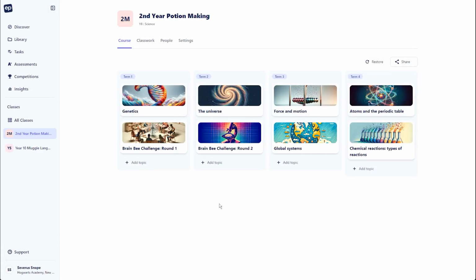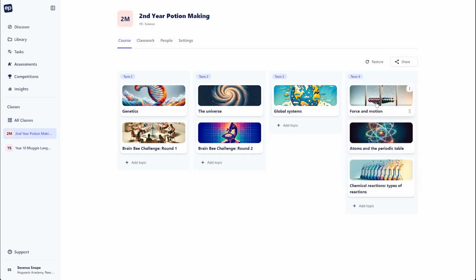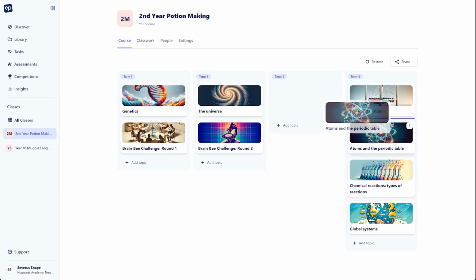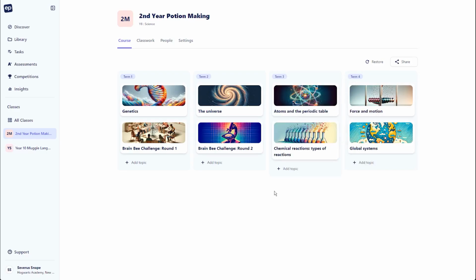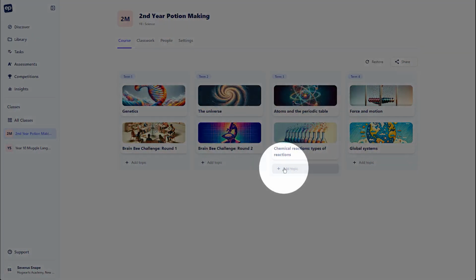With my course fully set up, I can also move these learning pathways around by clicking and dragging them into the relevant term space that I'd like to shift them over to. In this way, we're not locked into anything being here in place, and this is essentially just setting out a plan for our year ahead that's still fluid, that we can still adapt on the fly. If I want to add to any of these term spaces, I can just do so by clicking on Add Topic,